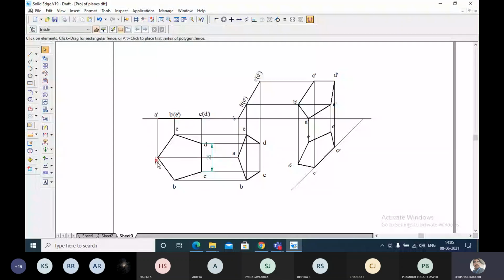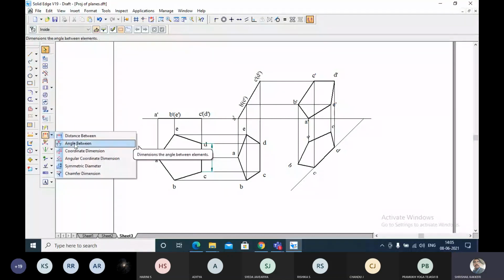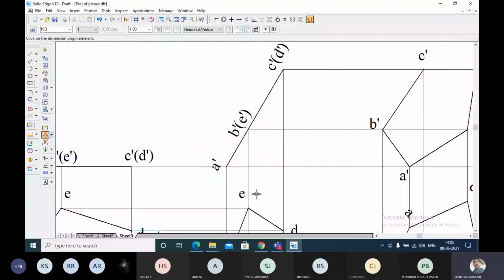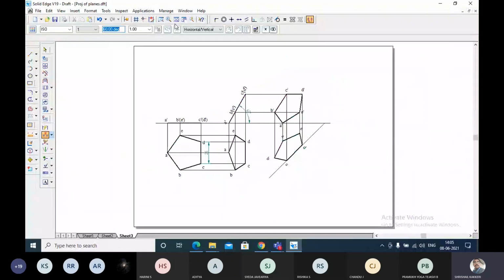And resting on one of its corners, and the surface of the lamina makes an angle of 60 degrees. Okay, 60 degrees, you show here. You show the 60 degree angle between these two. So it has not been taken properly. You can zoom this and take the angle between this and this. Okay, wherever you want you can keep 60 degrees. Then come back to the previous position.